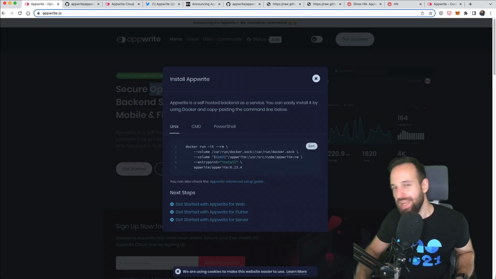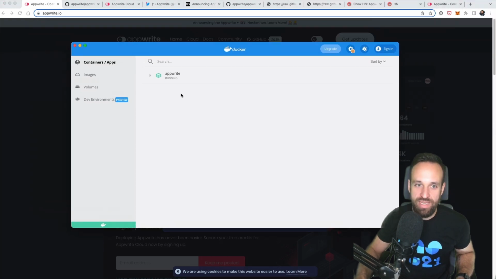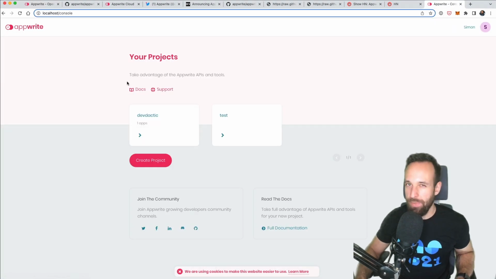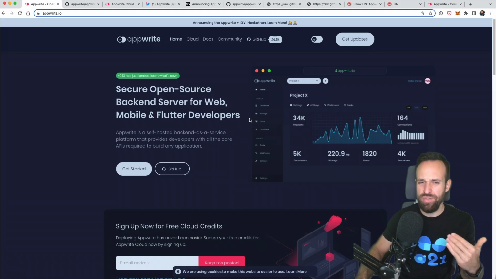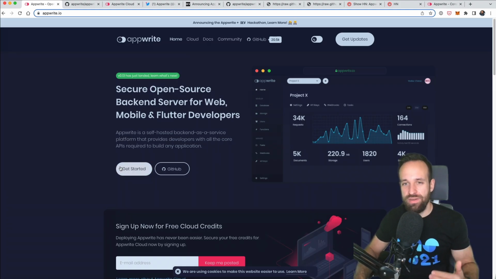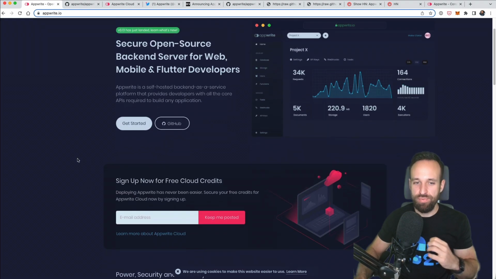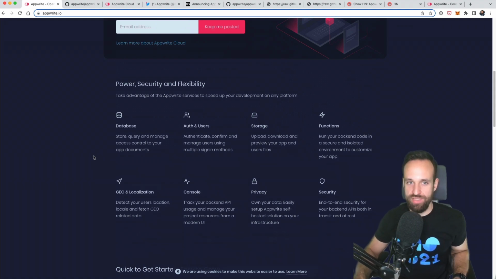I must admit, I haven't used Docker a lot, like pretty much never before. But I could install this, and I was running Docker Desktop on my Mac, and I could easily install the Appwrite platform. It was really just a matter of minutes to set this initial console up, which I found pretty interesting. So if you're interested in completely owning your own data, that makes sense, Appwrite might be your preferred solution, as Appwrite is really about self-hosting.